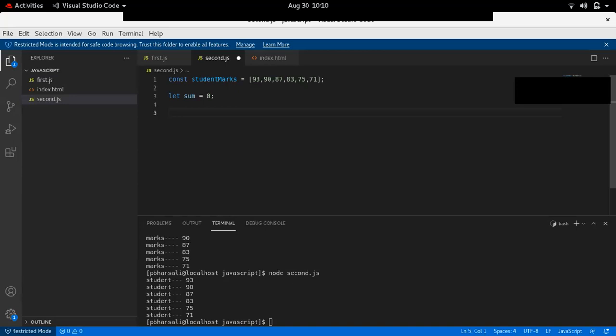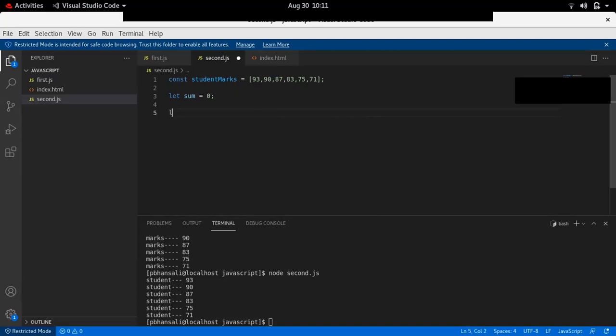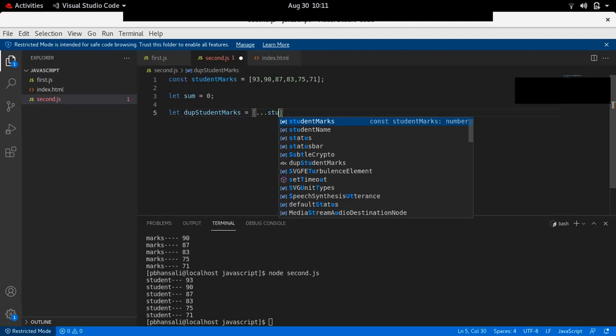Now suppose I have to make a duplicate of this array. Then also I can use something called the spread operator. So what I can do is duplicate studentMarks like this.